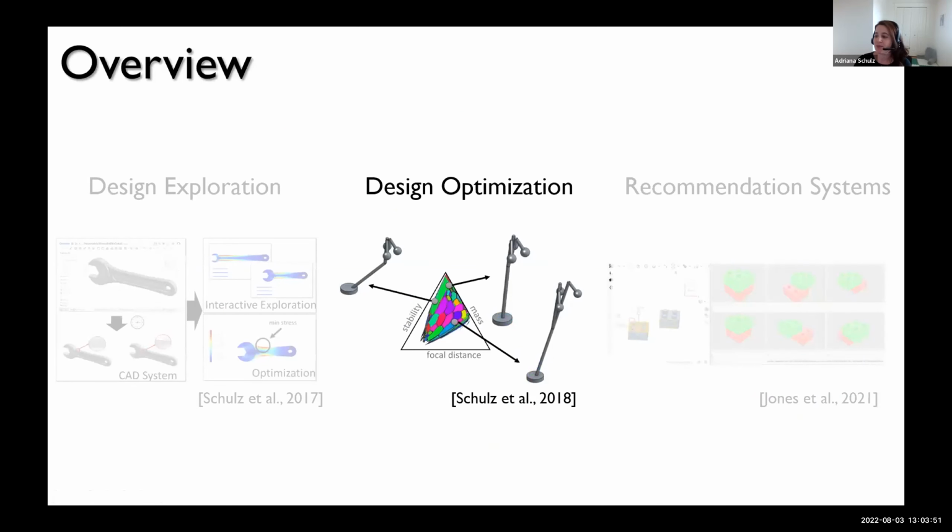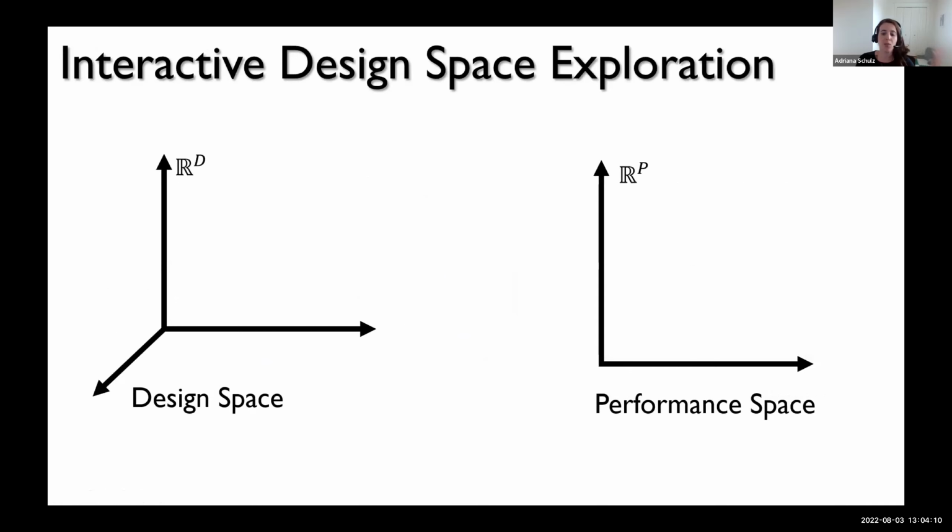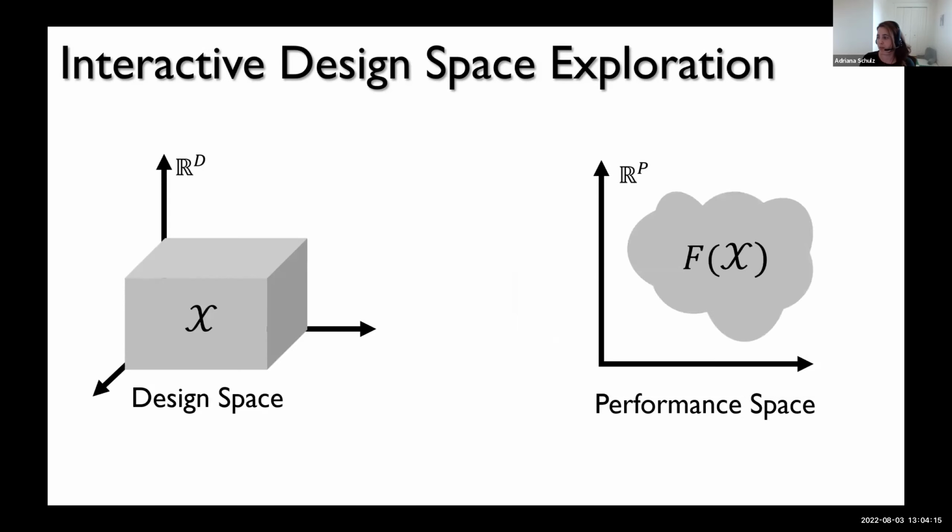Okay, so this was the first project I mentioned: can we explore the space of CAD variations? And then, as a follow-up on this work, we were looking at ways to solve the inverse problem. As I mentioned in the beginning, in this first problem we imagine that we have a design space, the space of CAD variations. We have some performance that we know how to measure, in this case, for example, the stress distribution along the models. And we were finding ways to navigate the design space so that you could see in real time how this object is going to perform.